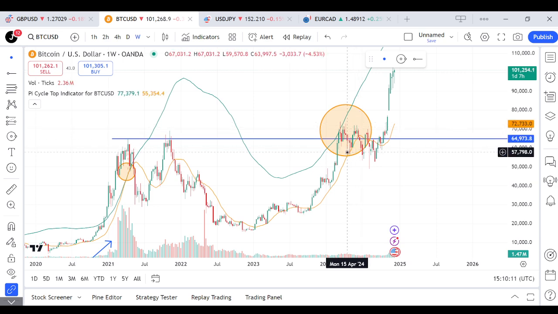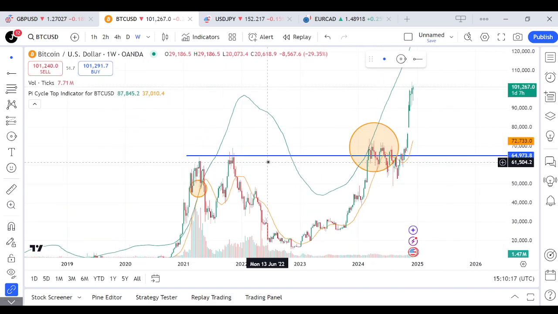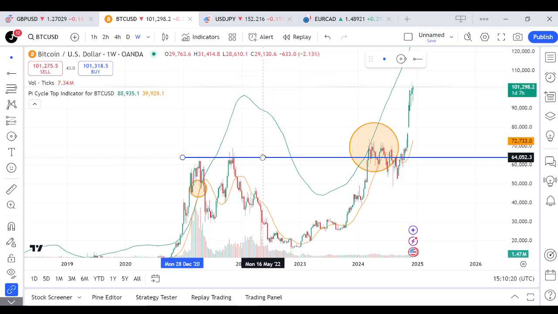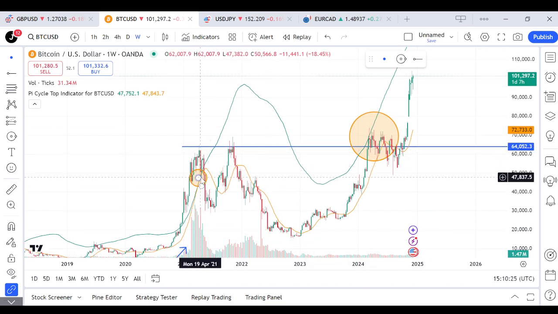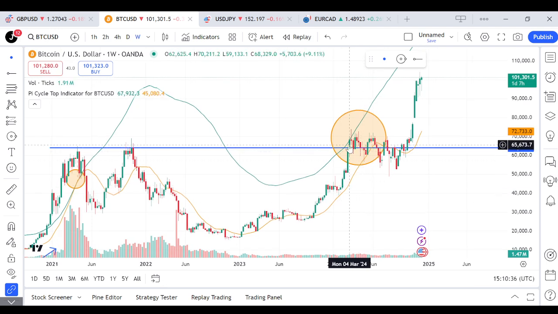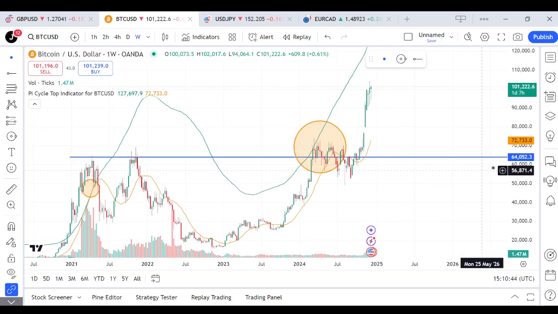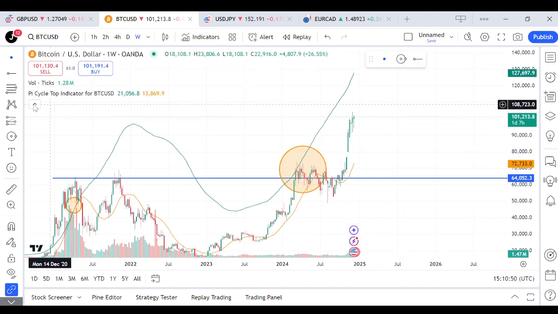This was in April 2024, and if you look at it, this is a major resistance level, and we've had the moving average cross in 2021 where we had this cross and this indication of a market top for BTC, and it also happened here in April, but we didn't cross. We were just converging, coming close together, indicating that we may likely cross, but we didn't cross. The market broke this resistance level,